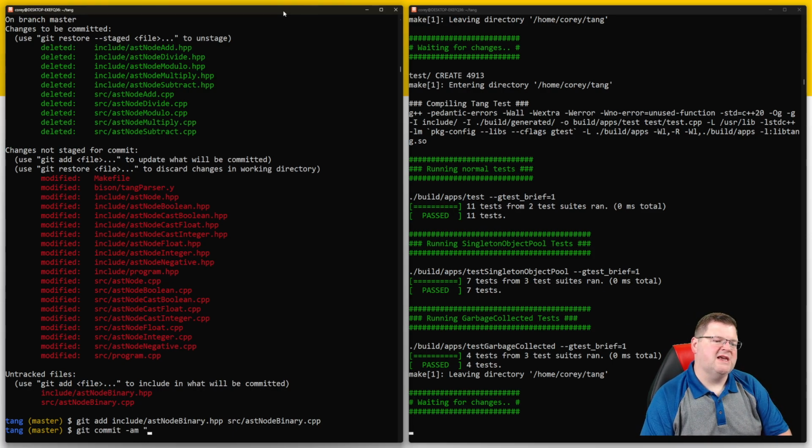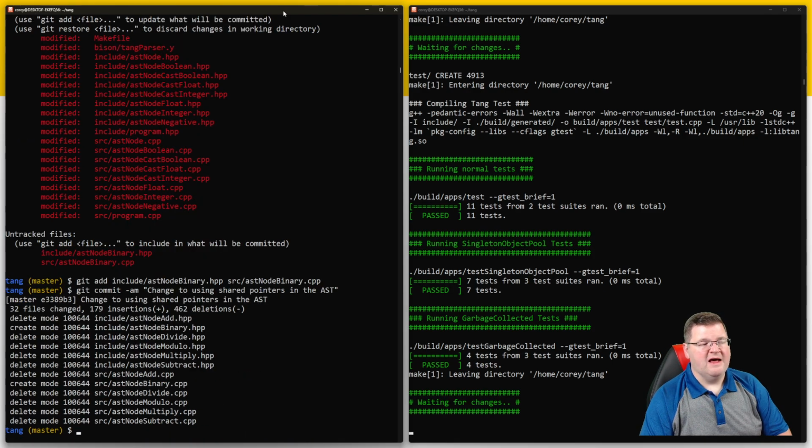And we're going to say change to using shared pointers in the AST. Now, our documents. The easiest way to do this